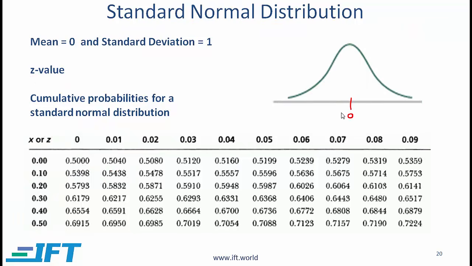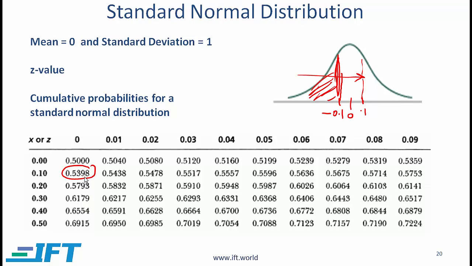What if I say that you need to come up with the cumulative probability for a z value of minus 0.1? Now clearly this probability is going to be less than 0.5, but over here you don't see any negative z values. So you use the fact that the distribution is symmetric. If you come to this point over here, which is 0.1, then you know that the cumulative probability up till 0.1 is equal to